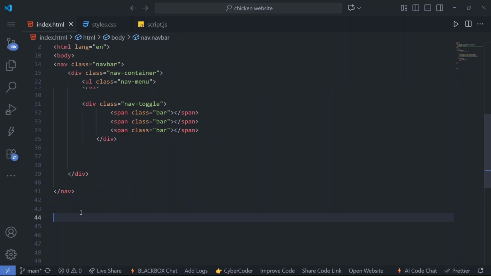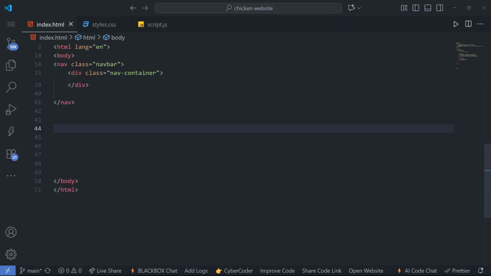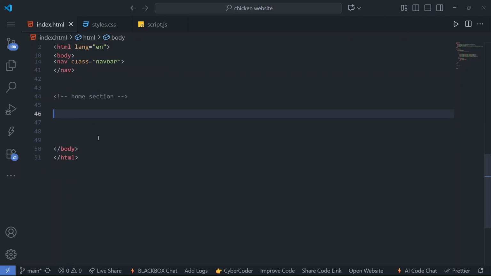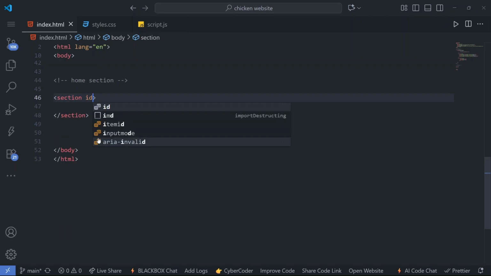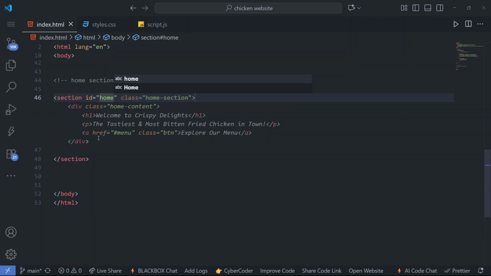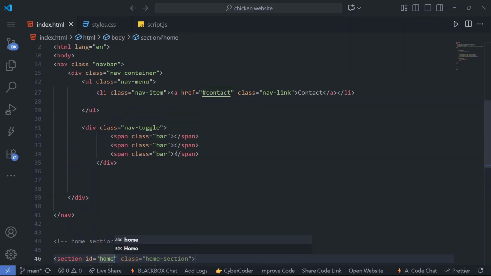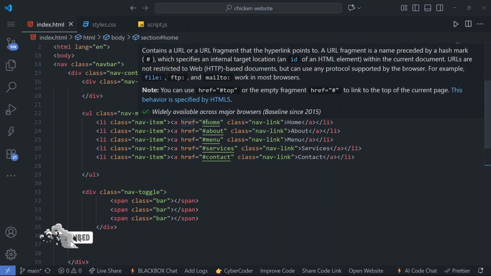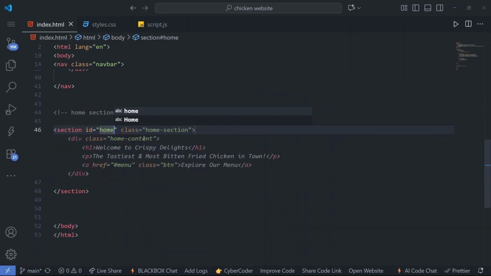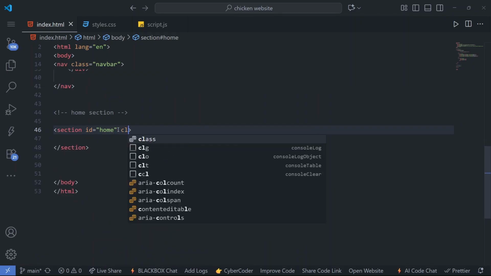After the navbar we are going to write the code for our home section. In the home section we are going to create the section using a section tag, and in this we have to place the id. The id is home. Why are we going to use an id? To select this element, and also when you click on this home button, we have added href hashtag home in it, which represents the id of this section. So it will go to that section when we click on it. And we have to add the class hero,